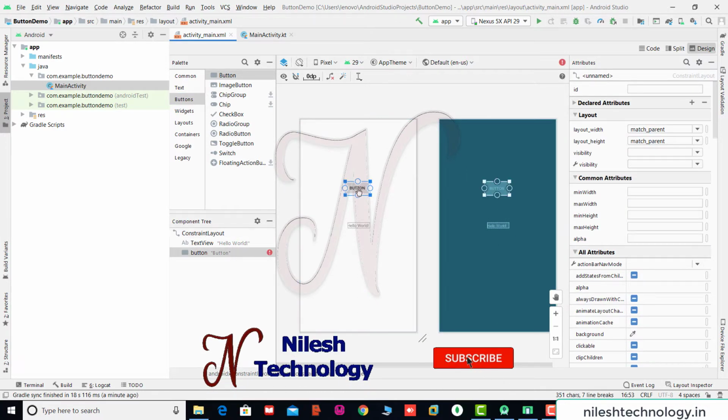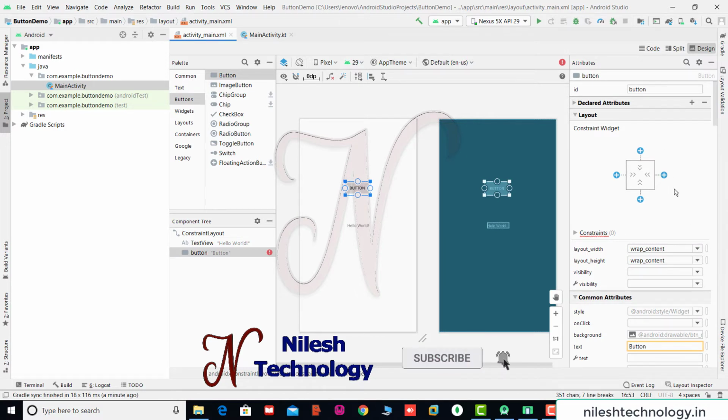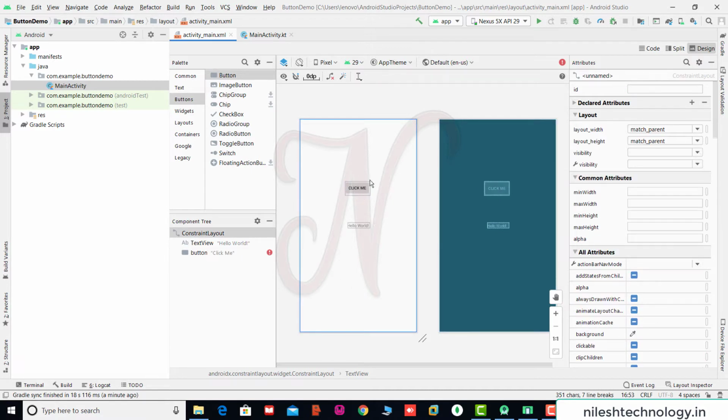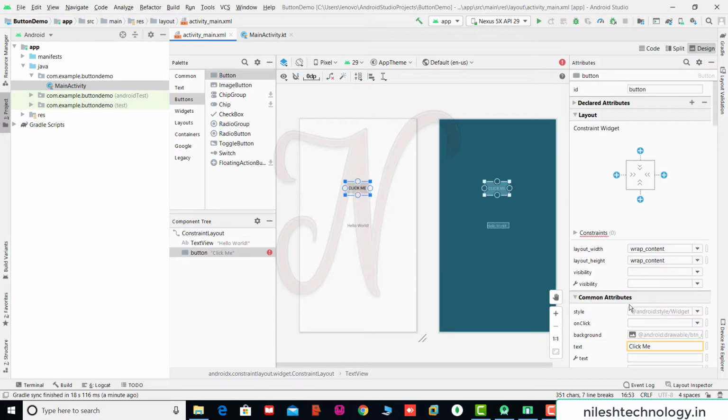Here we select this button. See, these are some attributes. Going to the text attribute, set it to Click me. See here, the text changed. Again here we set the ID.